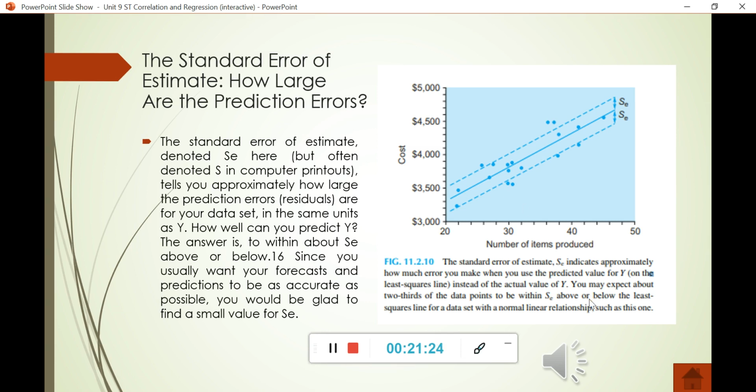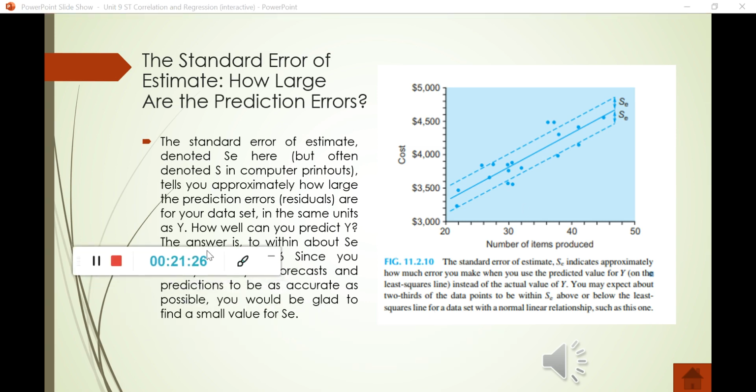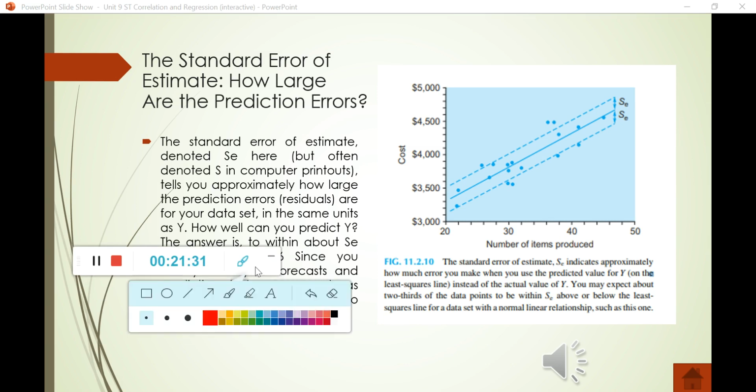So the only thing that we're going to be looking at differently in the standard error of estimate is variability as well. So how far are the values on average compared to the original line? This is what I was explaining to you earlier today. So we have this line, and the standard error of estimate estimates how far the data is from that line. So here, for example, if there's a couple of values in here, and then a value in here, a value here, a value here, then of course the standard error